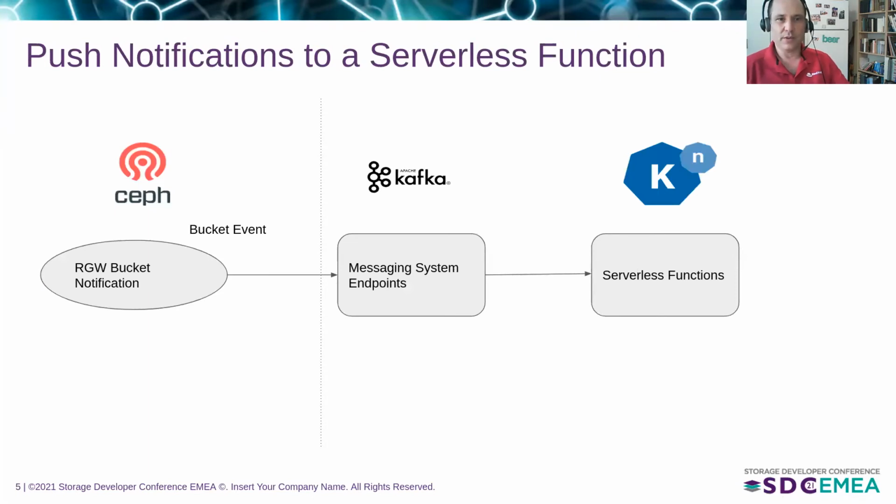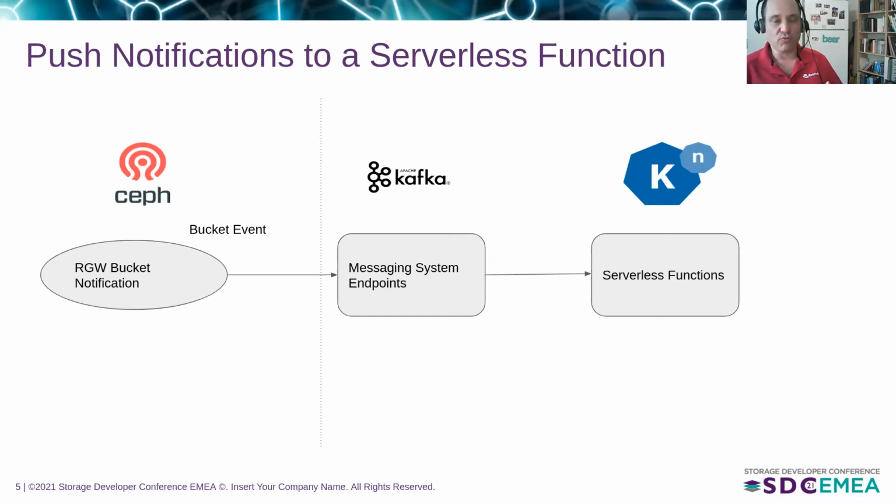Let's dig a little deeper into that. So we have here on the side the Ceph system. And we're talking about the S3 frontend, the object frontend of Ceph, and this is the Rados gateway or the RGW. If you configure bucket notification there, then anytime, according to whatever configuration that you give, anytime a change is made to an object of a specific bucket, a notification is going to be sent to the topic that you configured. The topic in this case could be a Kafka message bus. Well, this is just a channel, just a message bus, but you can have something else on the other side of the message bus that consumes those